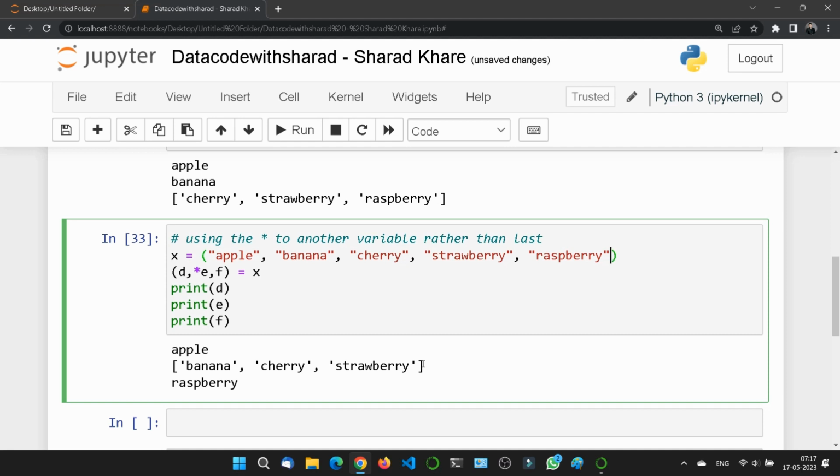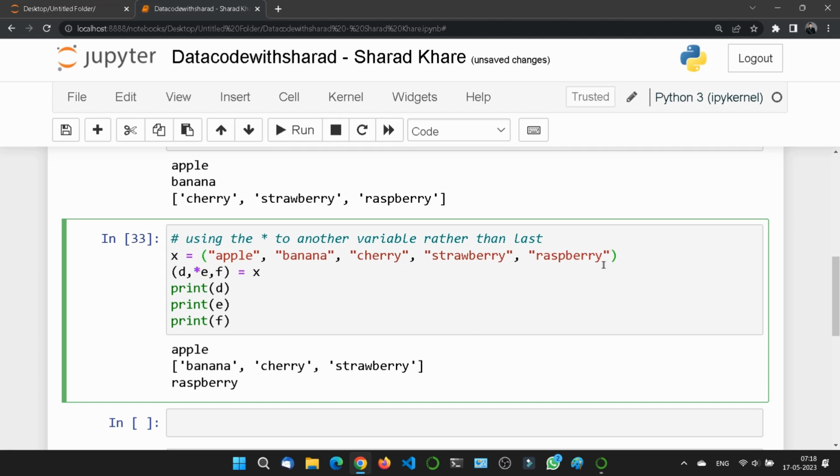The thing is, D should contain only one item. So D is assigned one item. Now F is calculated first, before E. F is the last one, so F is assigned raspberry. The rest of the items are taken by E: banana, cherry and strawberry.